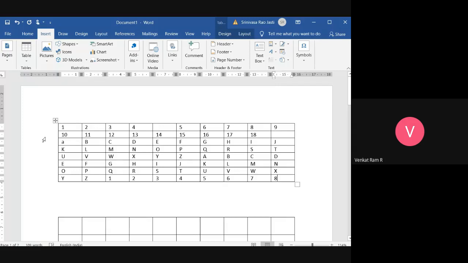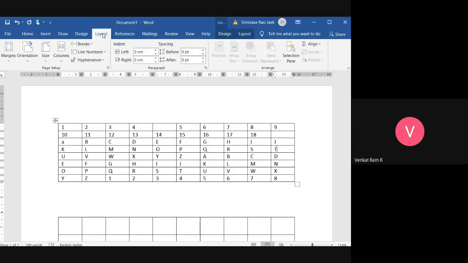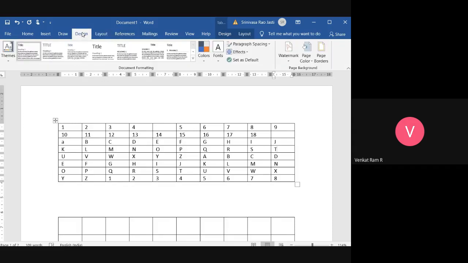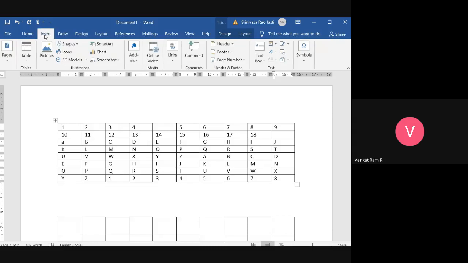Suppose I want to split this table into two. What do I have to do? Just go to the layout tab. Okay, and in the layout tab, or I think it is changed in this one. Let me see where split columns is available.